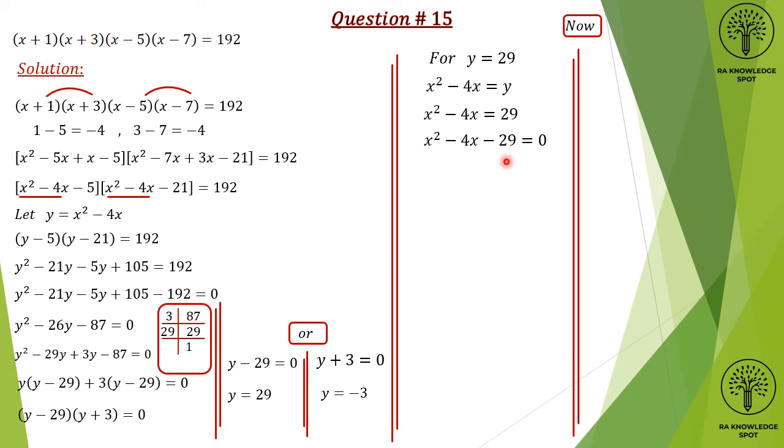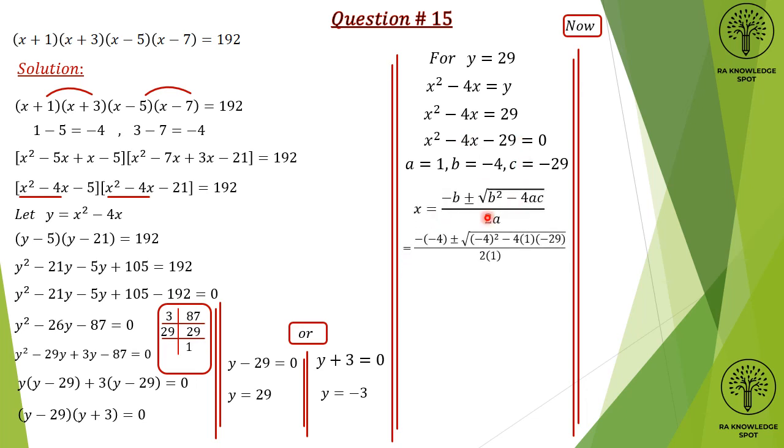If there is a question, if factorization is not possible, then what we have to do, we have to use the quadratic formula. Now this is, as you know, the standard form. Now what is a? That is 1, b is minus 4, and your c is minus 29. After applying the formula, this is your formula. Just put the values, and after solving you will get plus 4 plus minus, minus 4 4s are 16, and when you multiply 16 by 4, this is after 29 into 4, that you get 116, and minus minus plus